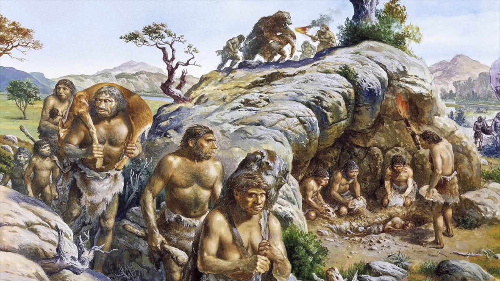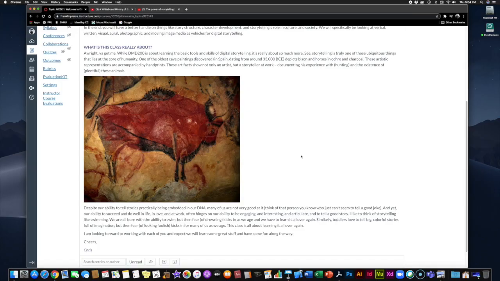So this need for man to tell visual stories has been around a very long time, and it's embedded into sort of our lizard brains, as it were. So while we're teaching these tools in this class, and we're certainly teaching it in a digital environment because it's a modern sensibility, the underlying foundation of it dates back much further than that.